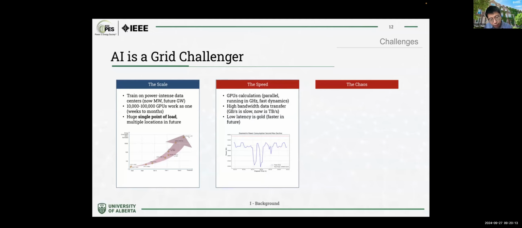But from the GPU side or the infrastructure side, that means we need to ramp up for this kind of AI load in relatively instant time. So for instance, we want to get the GPU calculation done, so we need to ramp up to start the inference procedure instantly. This means we need to have both a high bandwidth for the data transfer and also a low latency between the user's prompt and the final answer and inference.